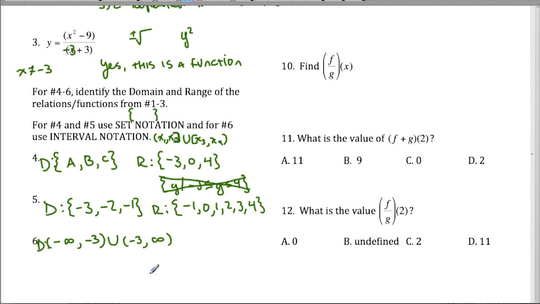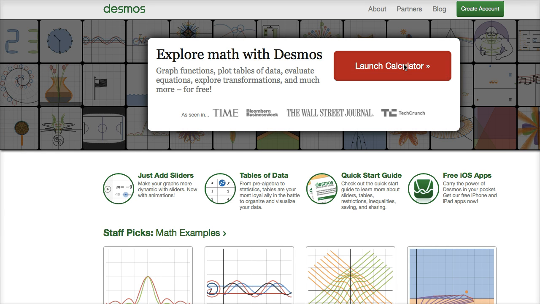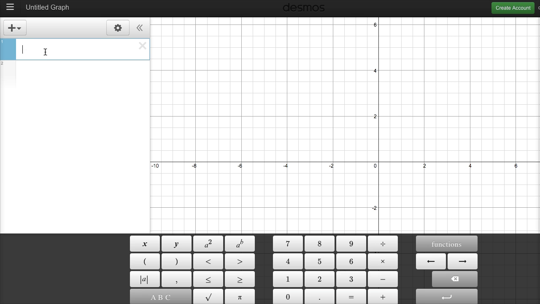Now the tricky part with this is that the range, we'd want to say all real numbers, but there would be a limitation. So the way I would determine that is I would go to Desmos, and I would open up my calculator here, and I would plug in that function, or you could use your graphing calculator if you'd like. So we want to put in x squared, I think it was -9,